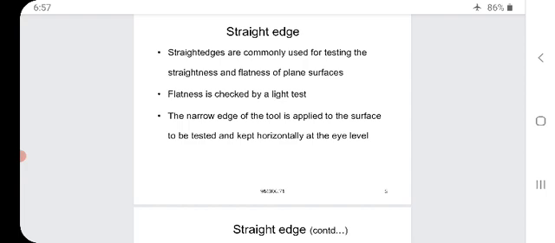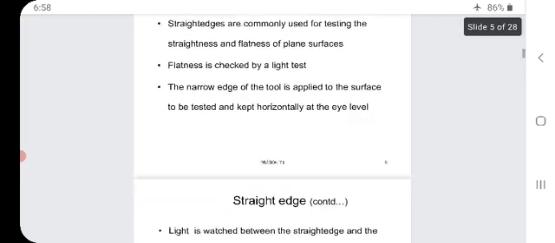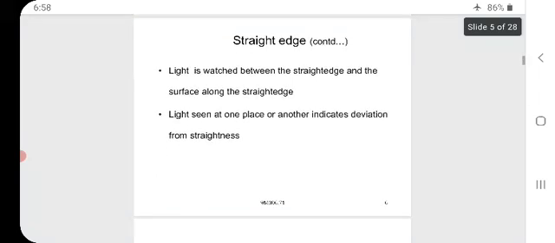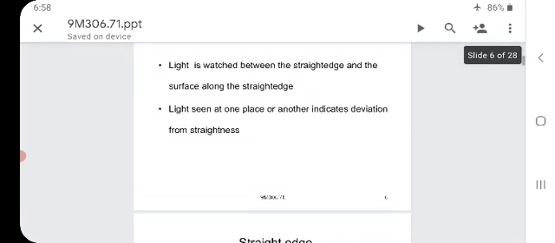The narrow edge of the tool is applied to the surface to be tested and kept horizontally at the eye level. Light is watched between the straight edge and the surface along the straight edge.